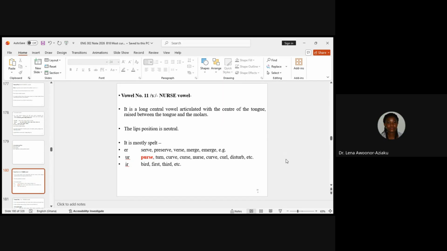And some of you, once you say it, you are bringing it forward. That is front. You are moving it backward, like you want to say oh, but you are not backing it completely. So you have